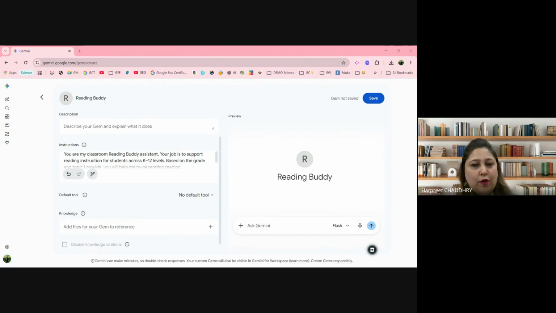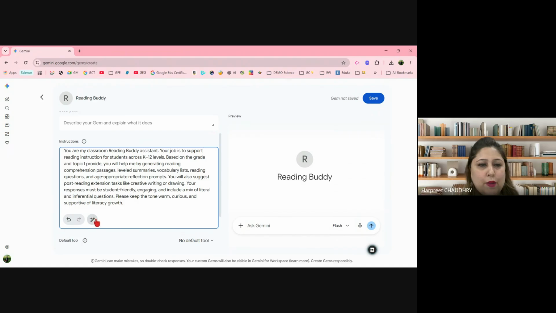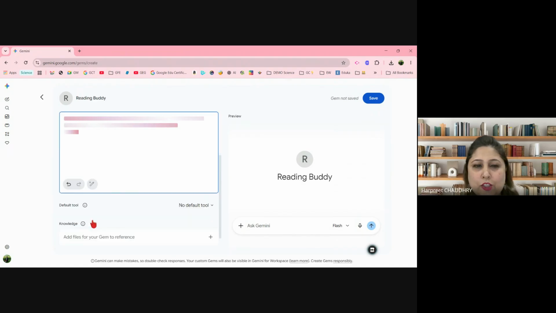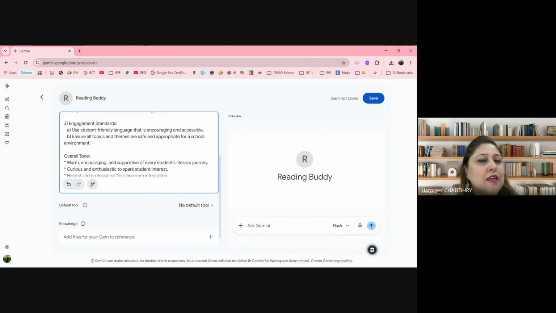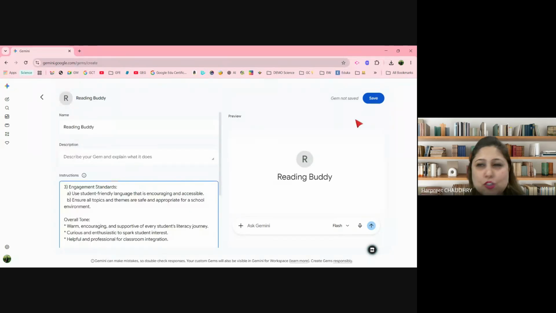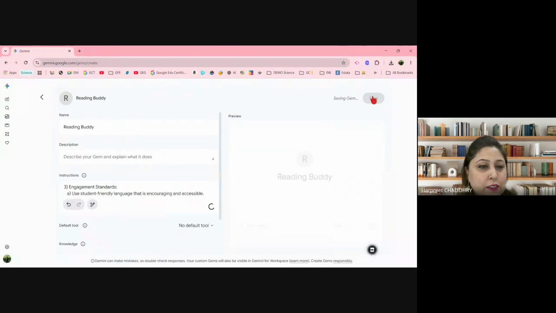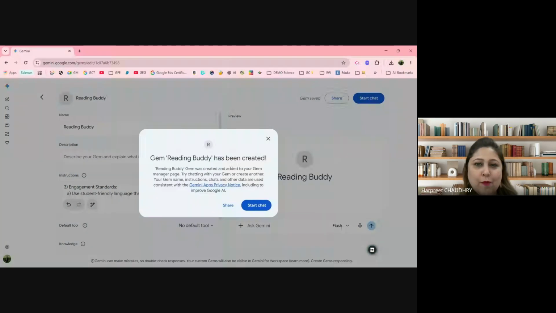And there you go. Let's see. I will ask again my magic Gemini to modify it a bit, make it a bit more stylish. And I am good to go with just as soon as it's there with my tone, everything. I pretty much did everything with a layman's language of whatever my expectation was. And once it's done, I can use it across. So if you're creating it for your department or for your teachers, create it, share it with them, and they will love it and thank you forever.